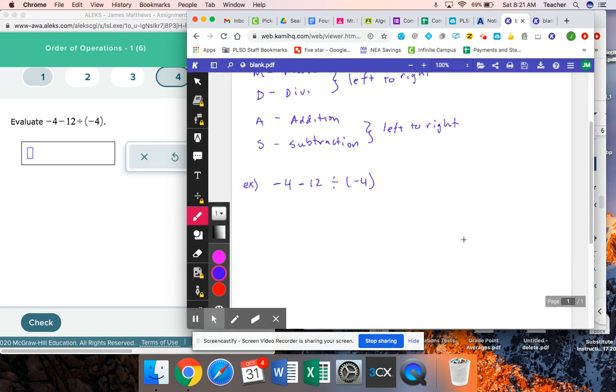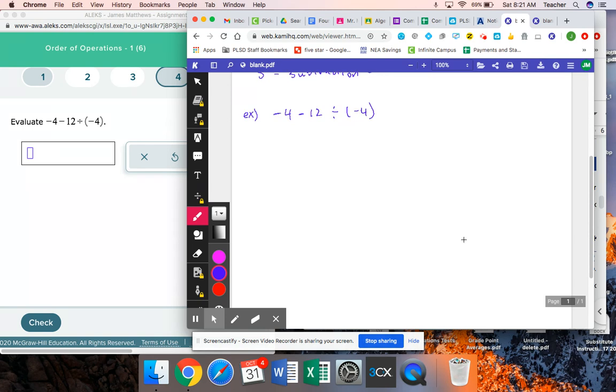All right, that's just the basic stuff. That's the theory. What's really going to matter is your practice. So let's take a look at this. When I look at this, I'm going to look at my operations. I have a subtraction, I have a division, and I do have a set of parentheses, but there's nothing left on the inside. So in reality, that's all I have. You can say it's parentheses, but then if you do it first, there's nothing for you to do. So if I look at this, what it says is to do between subtraction and division,